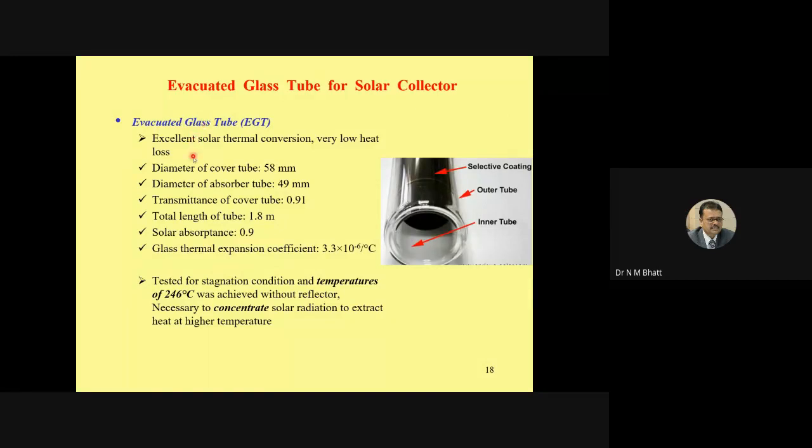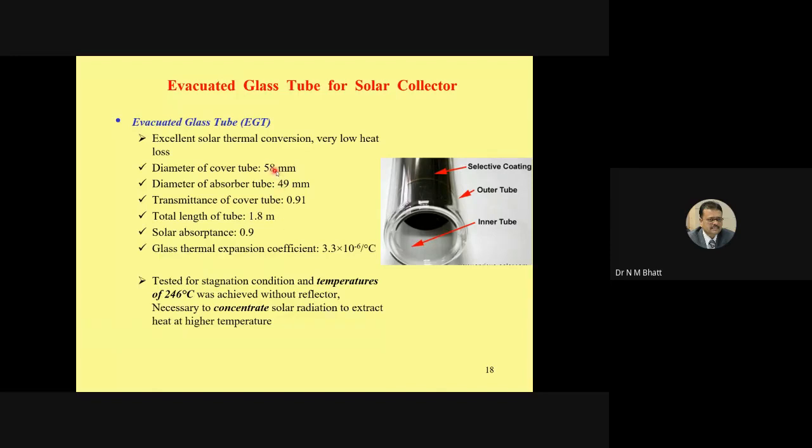And these are some of the physical dimensions and thermophysical properties of this particular evacuated glass tube. Of course, 3 sizes are available in the market. I have mentioned only one size because this is the tube with which we normally perform the experiment. This is a commonly used tube having a length of 1.8 meter. A 2.2 or 2.1 meter length is also now available, and 1.5 meter length is also available. But this 1.8 meter length is very popular, widely used even in domestic solar water heaters.